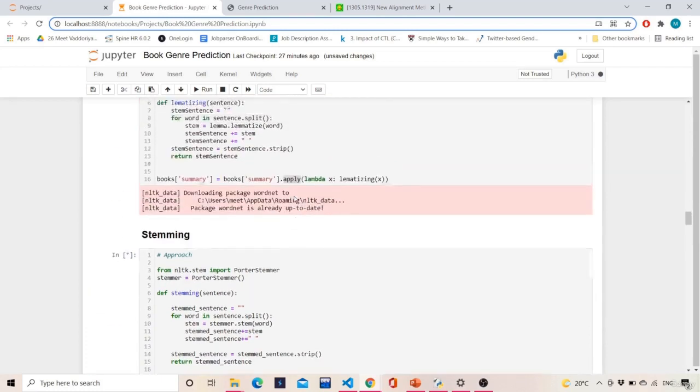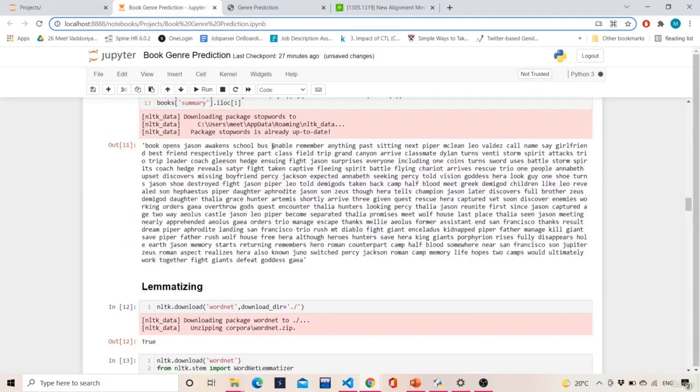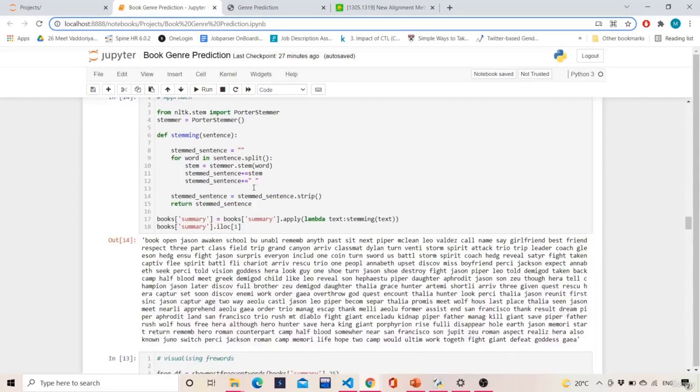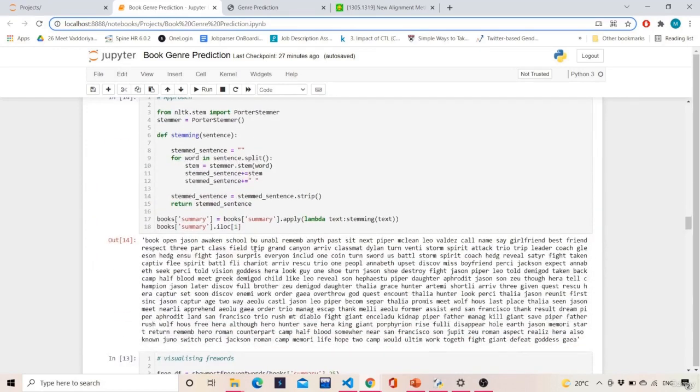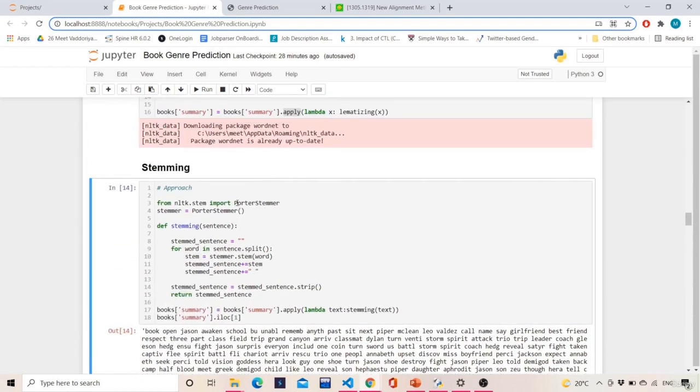For example, I'll showcase how things will work. We have this word "enable", so 2 or 3 characters will be removed from the back, and "enabl" will be shown. For example, with "remember", the E and R will be removed from the back, and the other part will be shown. Over here you can see "enable" just had its last E removed, and only the first top 5 characters are kept. We were looking at "bus", so it removed the last character, S, and "bu" was there. In some situations it will not remove, but in some situations it will. This stemming algorithm is the Porter Stemmer, which is used behind the scenes.